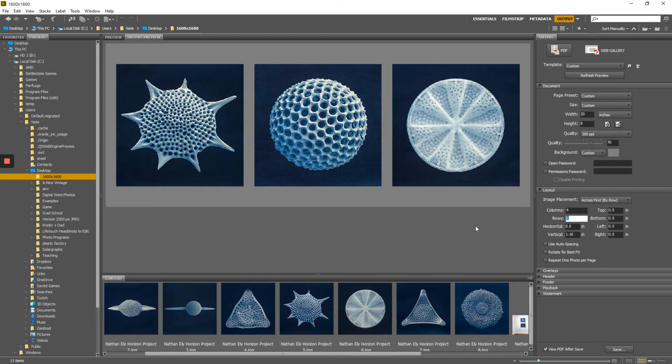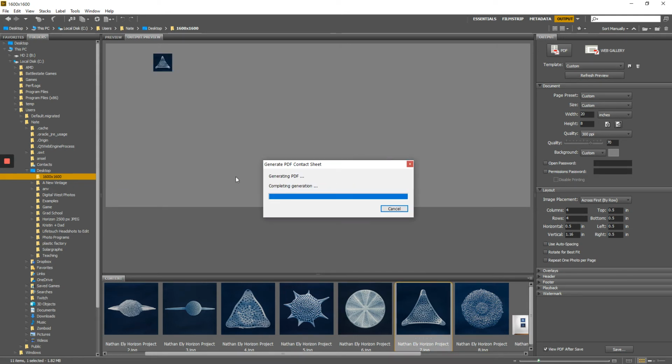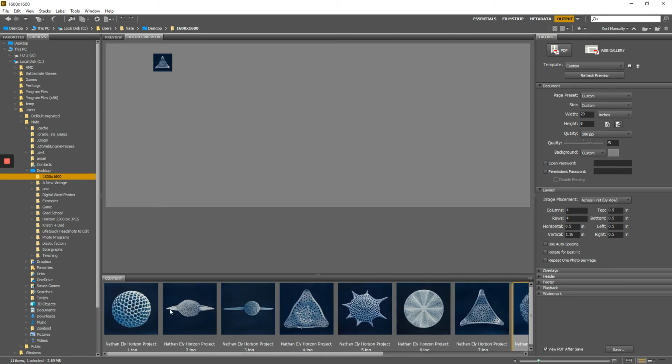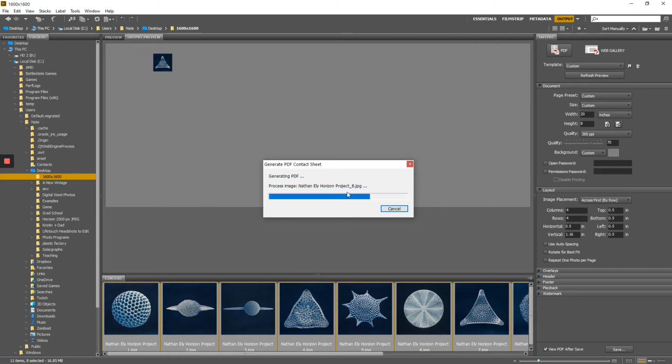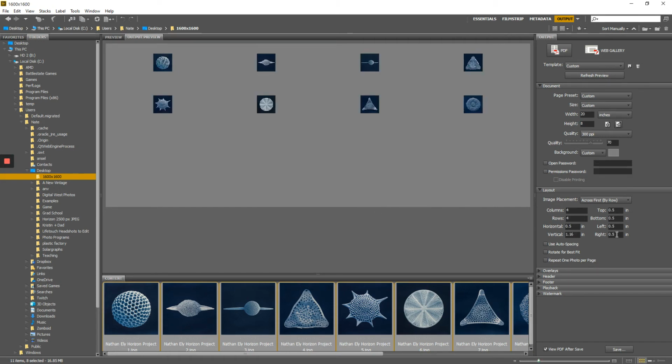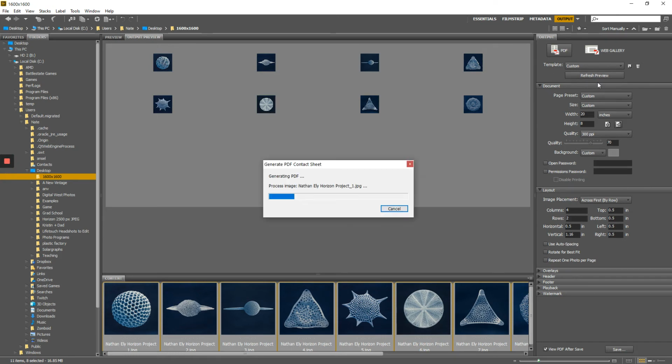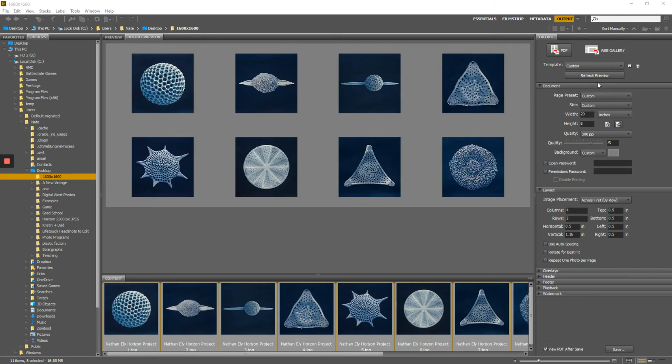If I wanted to do a layout that was, select everything, refresh. Oh, duh. 2 rows, not 4. That looks a little better, huh? So if I wanted to lay stuff out like that, if I wanted to do 3 by 3,